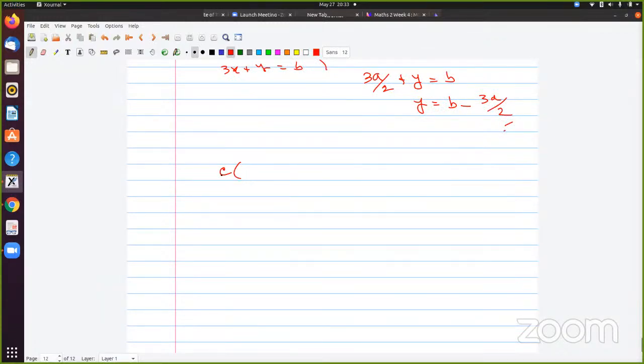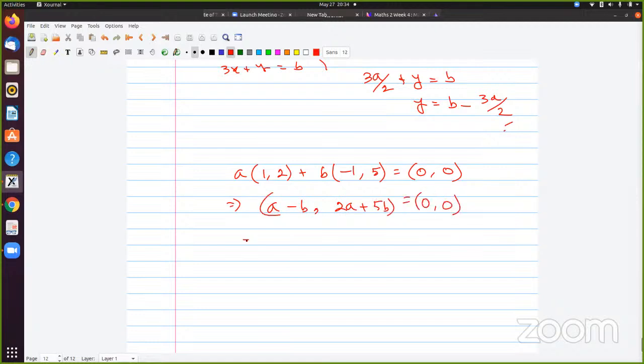नहीं मतलब क्या कर रहे थे हम लोग, सपोज मैं 2x2 का एग्जांपल लेता हूँ, ठीक है। 1 2 और -1 5। इसको चेक करने से, a और b के सॉल्यूशन के ऊपर डिपेंड करेगा कि लीनियरली डिपेंडेंट है या इंडिपेंडेंट है। सो a माइनस b और 2a प्लस 5b, राइट। 0,0। सो बेसिकली दो इक्वेशन आए थे, ठीक ना।